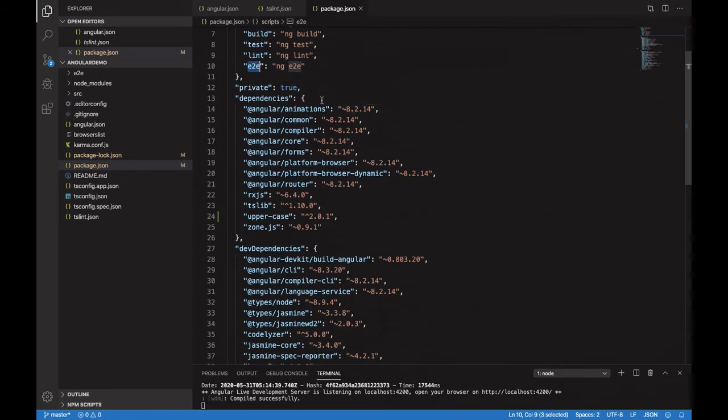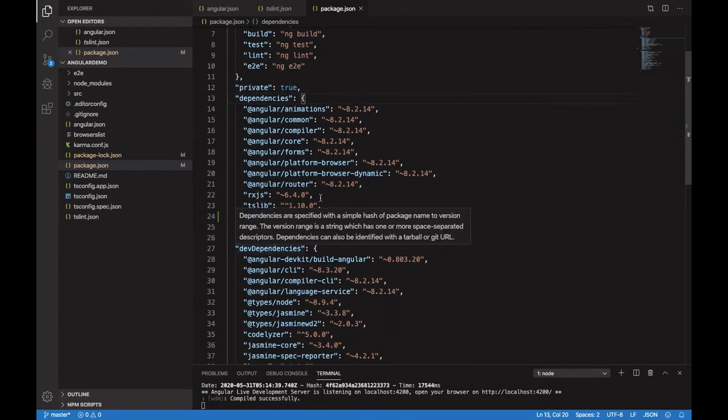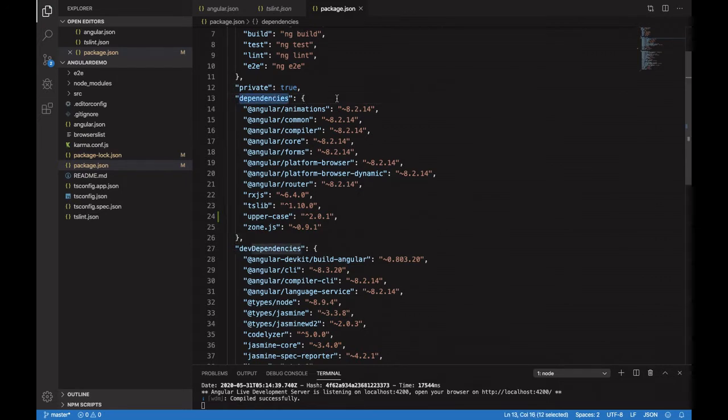Apart from that, in package.json there are two kinds of dependencies: dependencies and devDependencies. The dependencies packages are useful to run and build an application. Inside them you will get all the packages which are required to run the application.